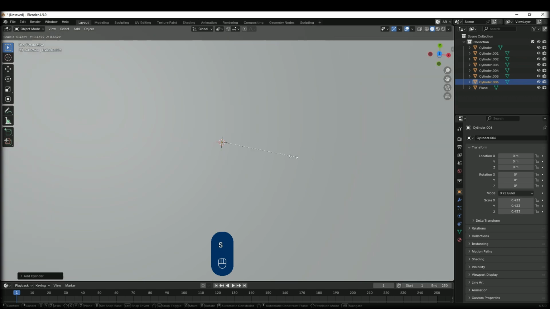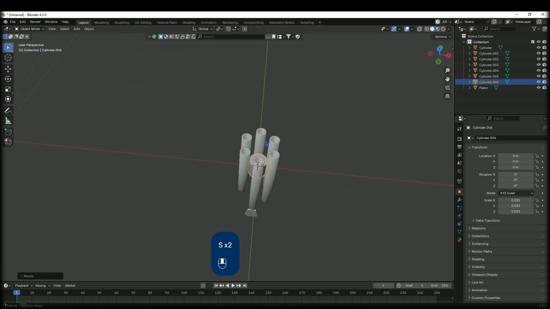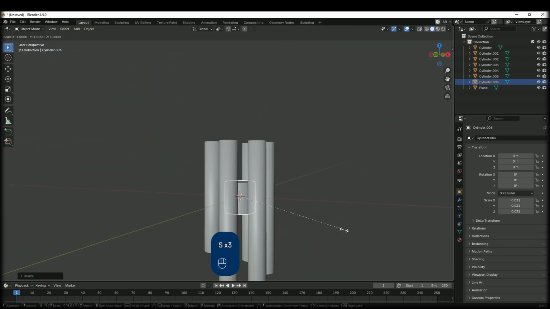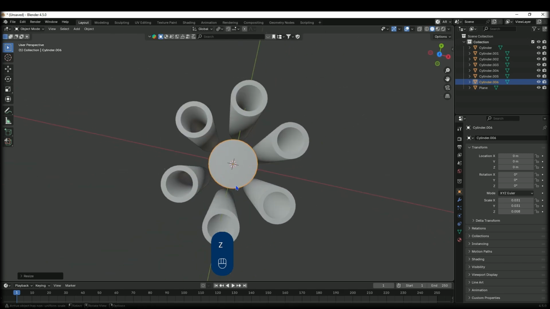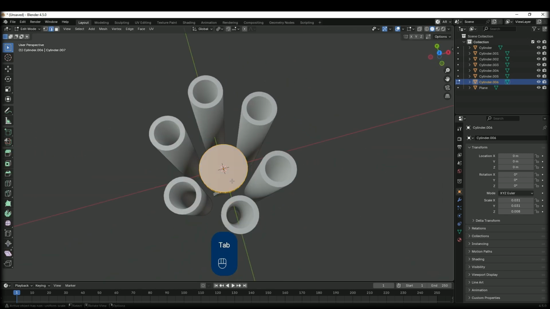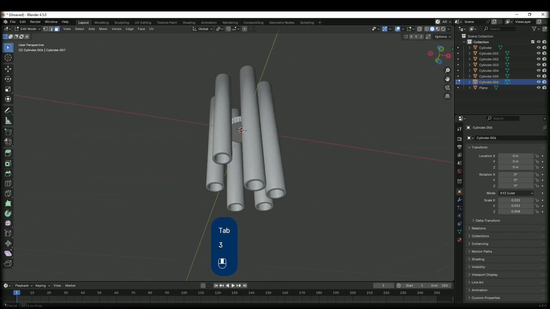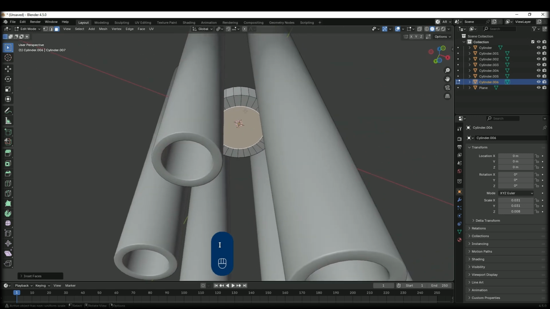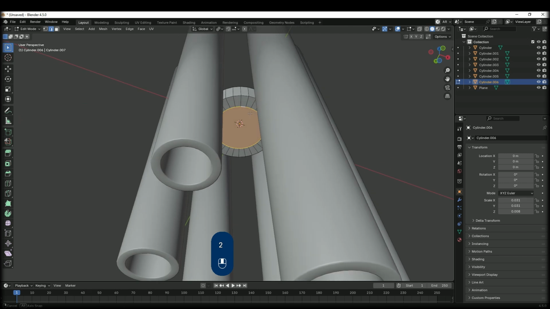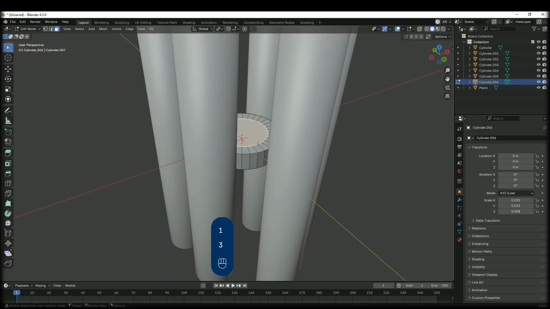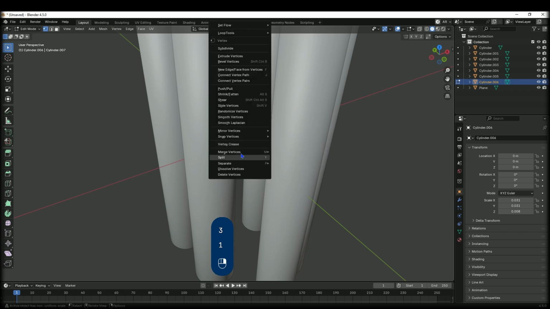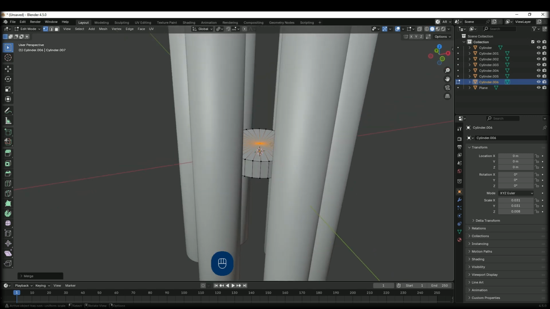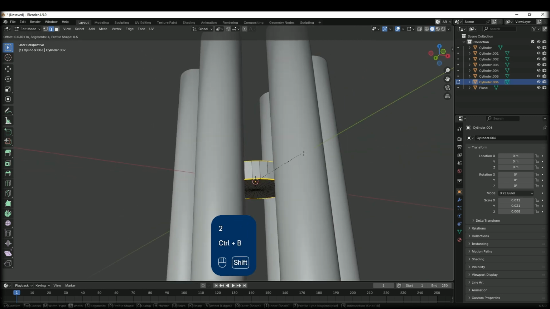So cylinder, let's scale that down, and we'll go and shrink it, S and Z, about there. Yeah, that'll do. Okay. Now what we can do is if we select both of these and then do I to inset and then select this rim, right click, merge at center, select this one, press 1 for vertex selection, merge at center, select this edge and this edge, Control B to bevel,